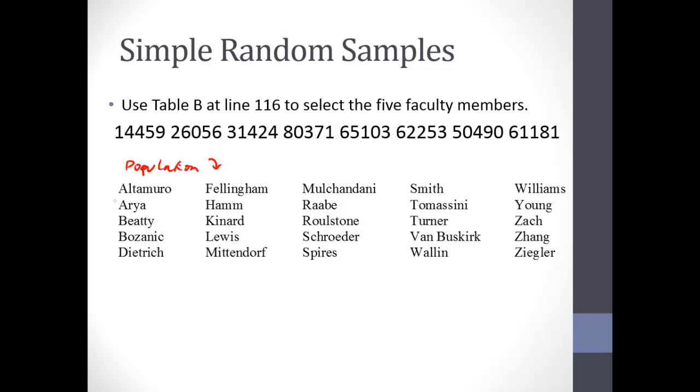So I can choose 01, 02, and I can do that for every single one of the people in my list. I'm going to do that just so you can see what I'm doing here. 12, 13,